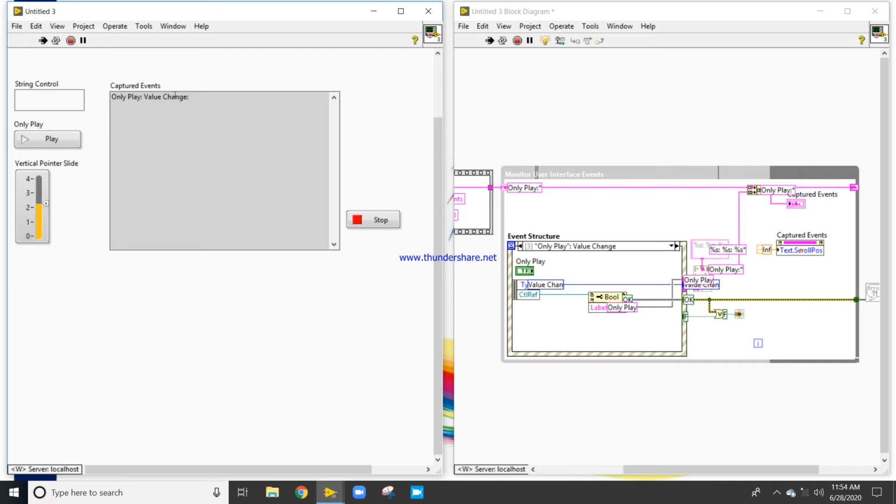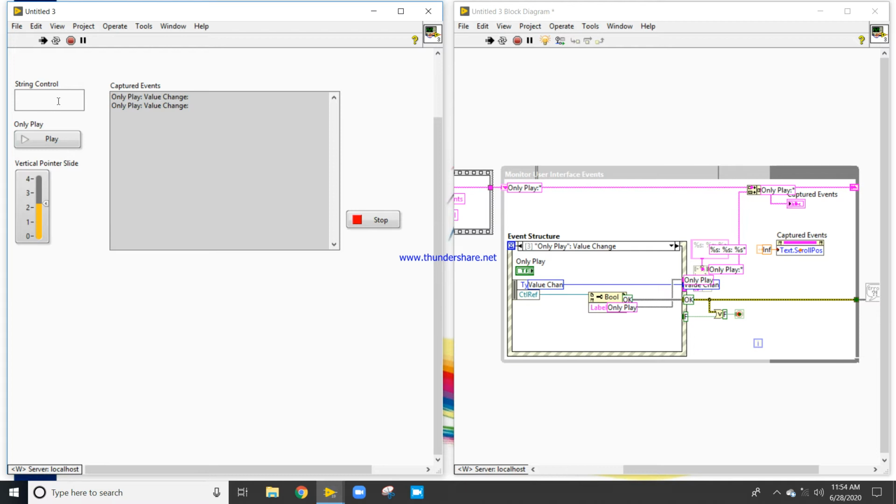Now it's again waiting for another event. When I press it again, the value change event will occur and the only play event will execute. Now it will again wait for my interactions.